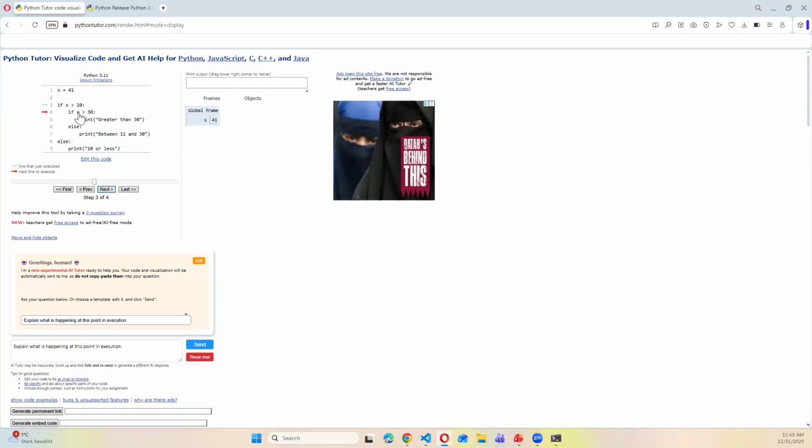The second: is 41 greater than 30? Yes, so it will print greater than 30.